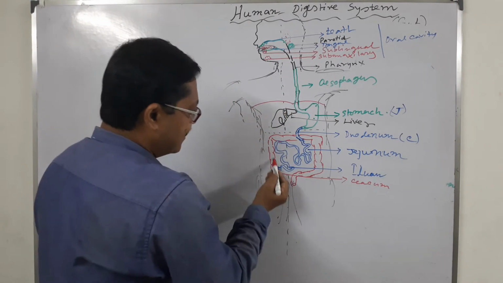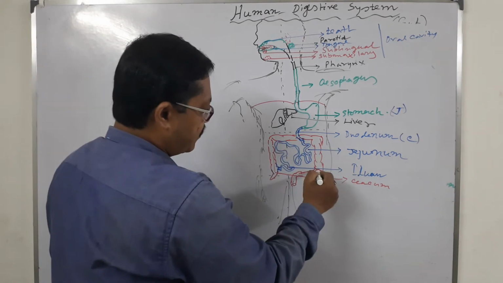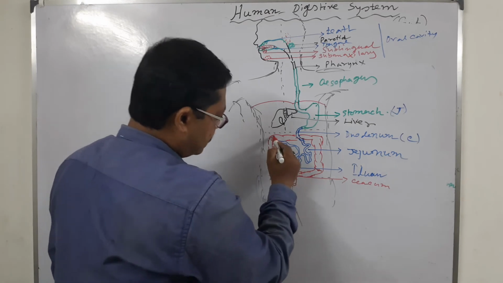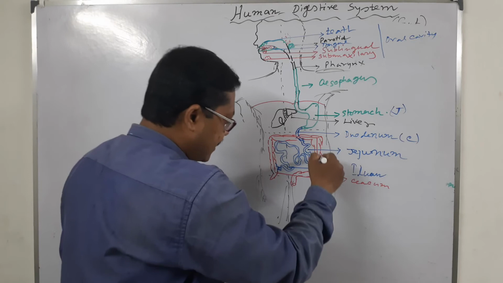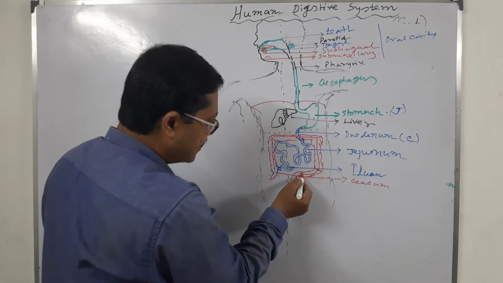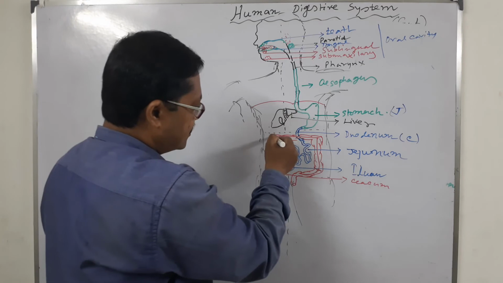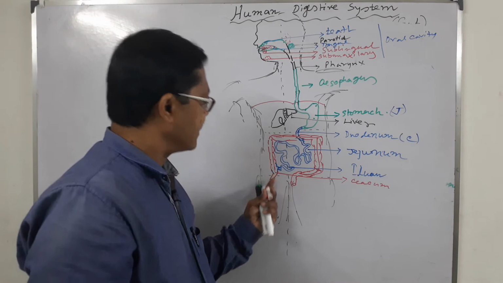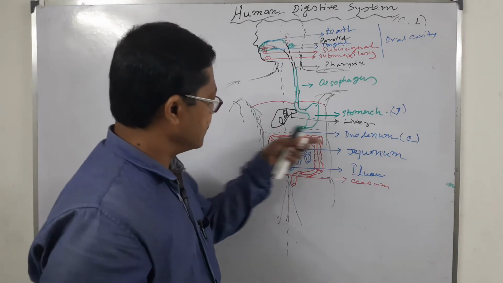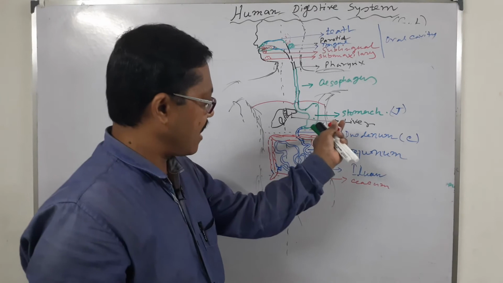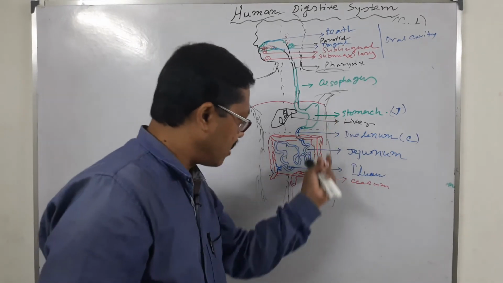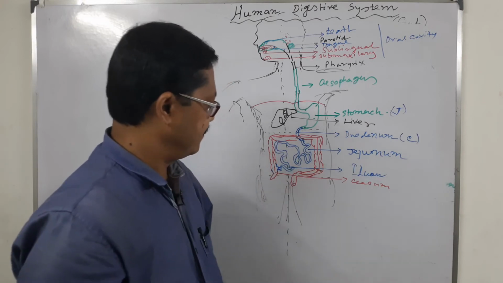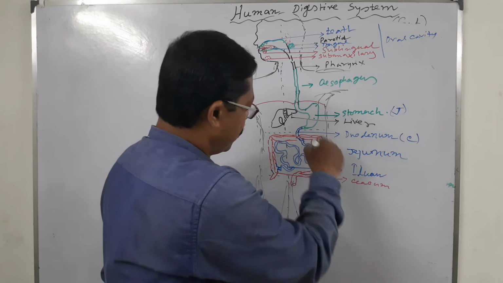This is the ascending colon. The total structure up to here is called the colon: ascending colon, transverse colon, descending colon, and sigmoid colon. The total large structure is the colon. The ascending part extends upward. The transverse part goes transversely, and after that some part goes downward, which is the descending colon, and then another transverse part is called the sigmoid colon. In total there are 4 types of colon.